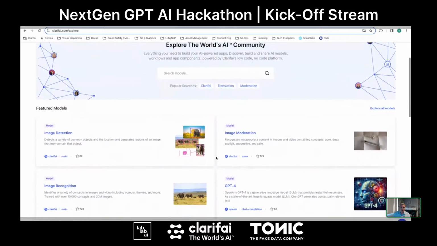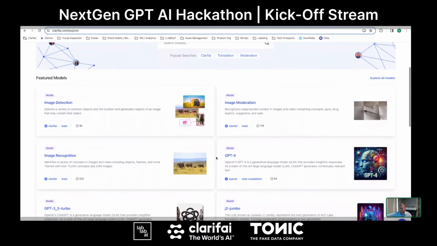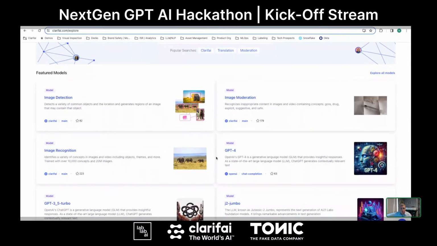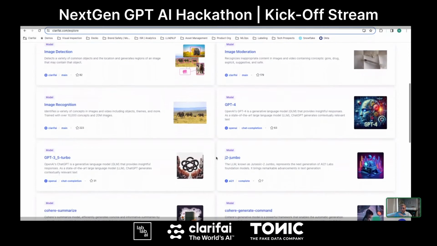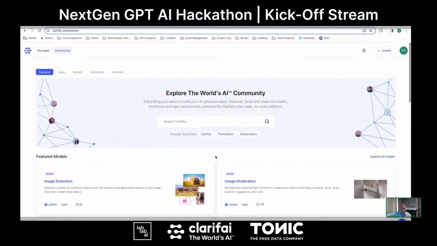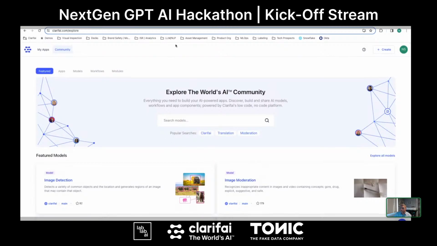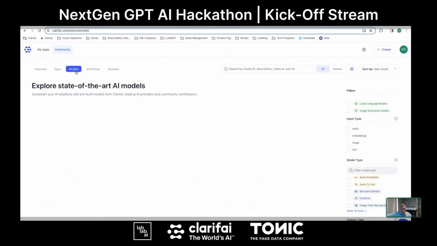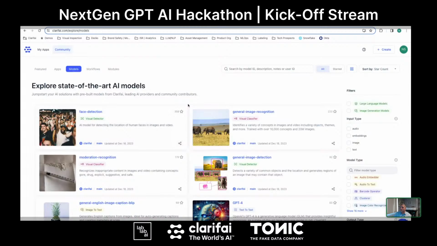You've heard them all about on the latest news and groups on artificial intelligence, things like ChatGPT-4, things like Turbo. All of these models are presented in the Clarifai platform, and you can engage with them without deploying a bunch of code and a bunch of nonsense. You just get right to the work. If you don't want to look at just our featured, but you want to see all of our models, we give you a button for that too. We make it nice and simple. You can scroll through some of the latest and greatest models on our platform.